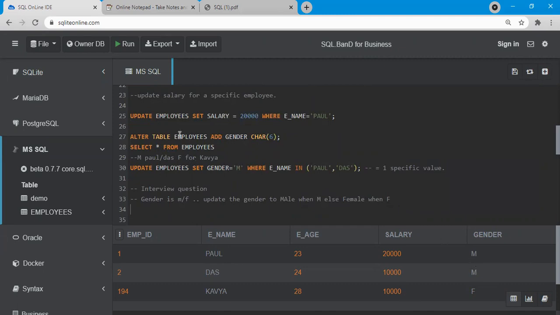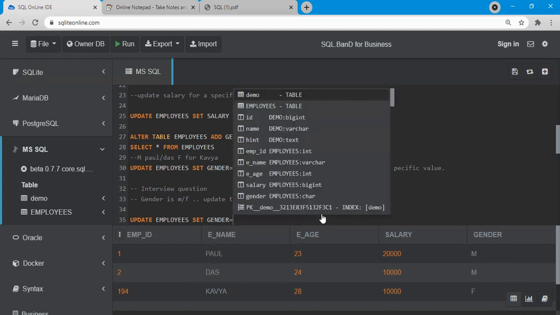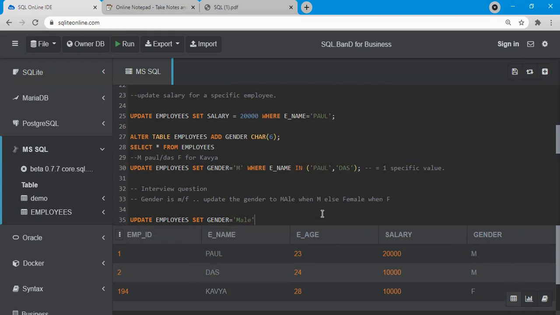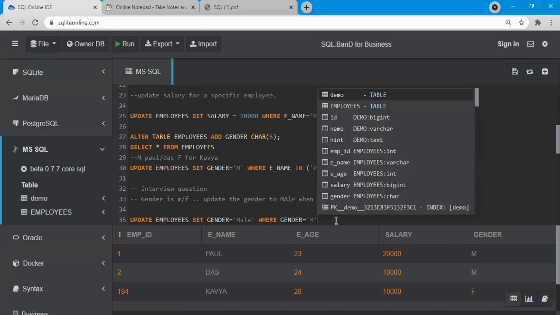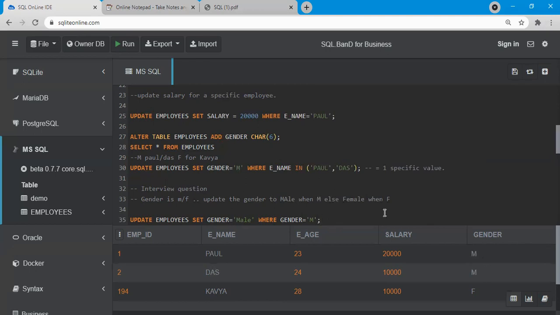Because you can do it in multiple queries like this. You can just write update employees set gender equal to M, male where gender equal to M, right? So I will show you how we do it now. Update employees set gender equal to male where gender equal to M, right? This will work, right? This will change M to male. And similarly, if we write one more command,